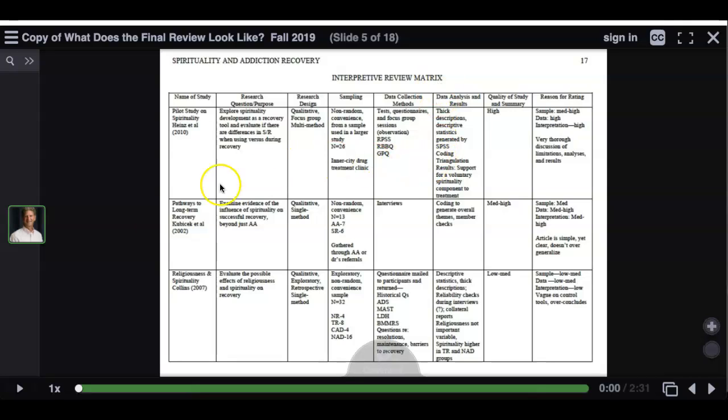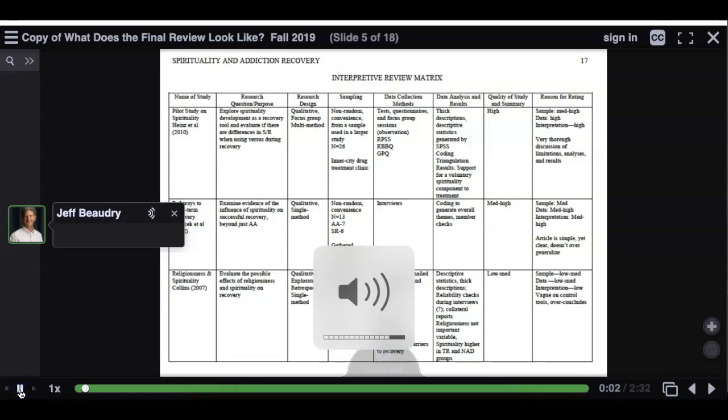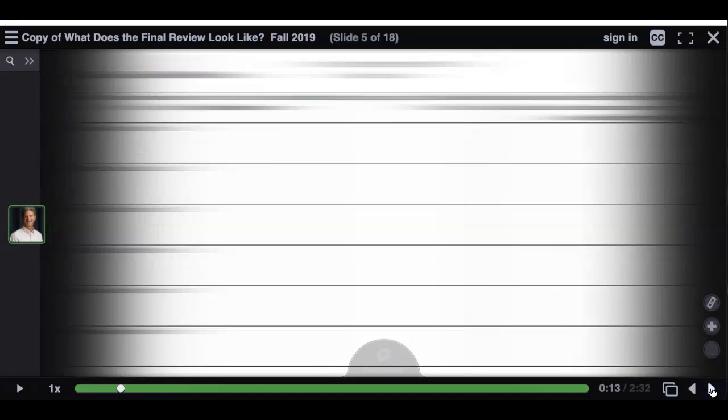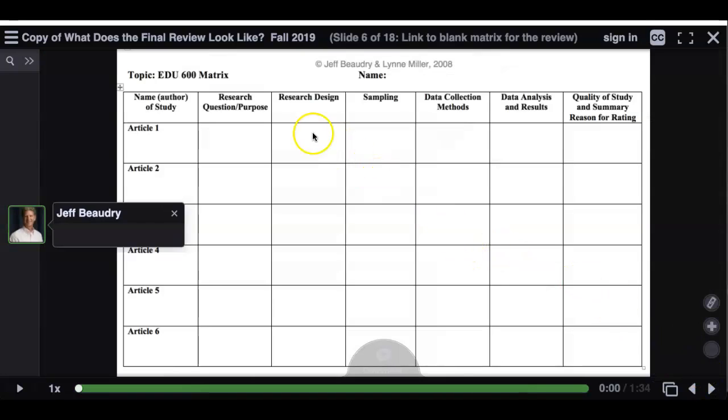Okay, so how do you do this? Well, first thing is you come down here. I'm going to hit that play button. So here is an example of a matrix that is filled in. And in this case, we have the name of the study here, and I'm expecting you to try to fit 3 articles on each side. Okay, so you look at this, you go all the way to the end, and then it won't do anything. You have to come over here, click it, and now you will be in,